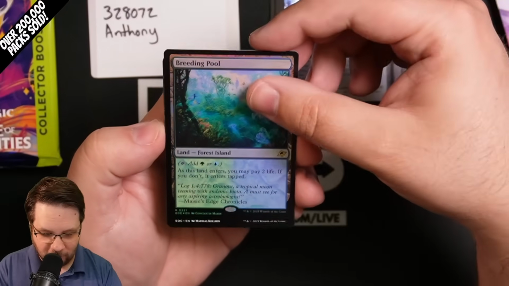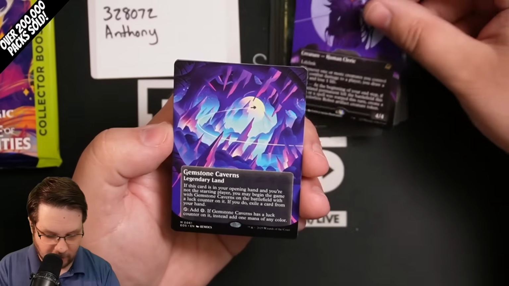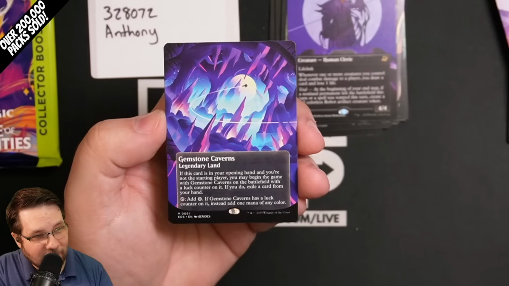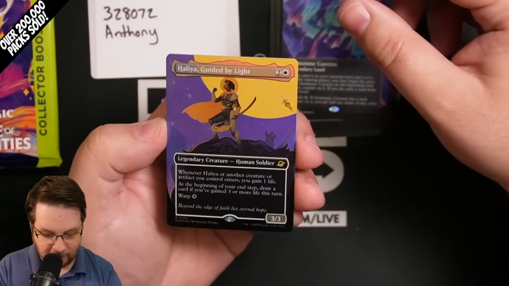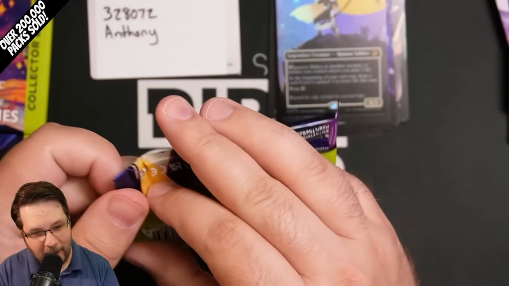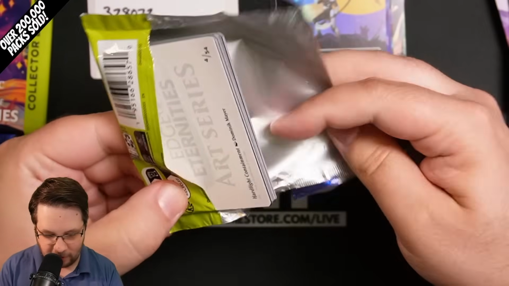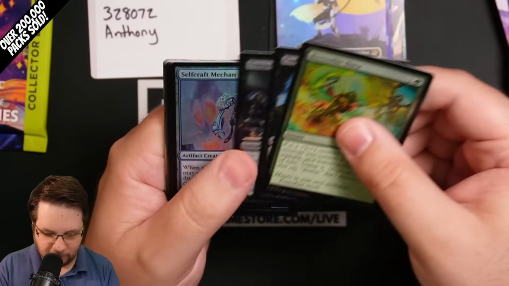Breeding Pool. So many Shocklands already. The Waste Waker. LG Acolyte Triumphant Frame. What on earth, chat? Gemstone Caverns poster art non-foil. This box is insane. And Halia, Guided by Light Foil Triumphant. We're only 4 packs in to this 72-pack opening. If they're all like this, these are going to fly off the shelves. I imagine this is a very good box, but